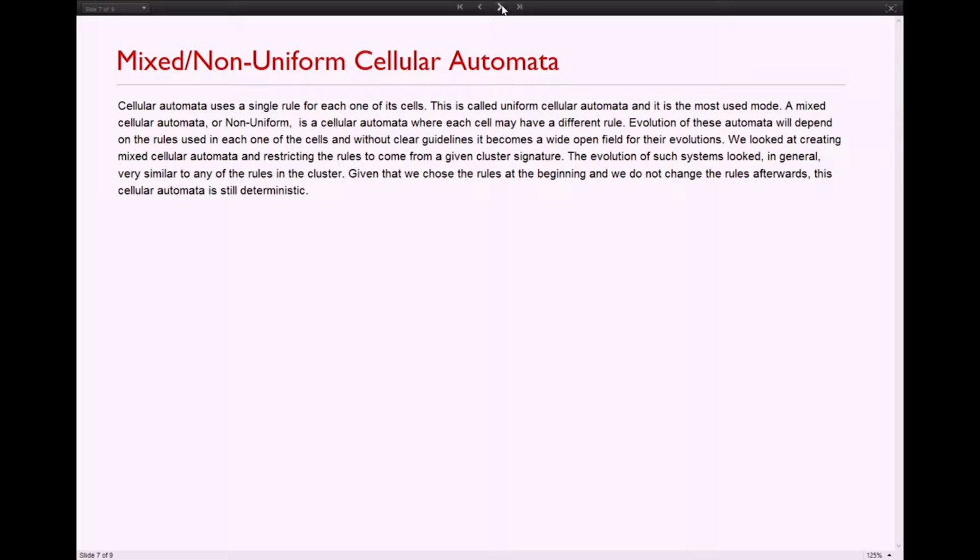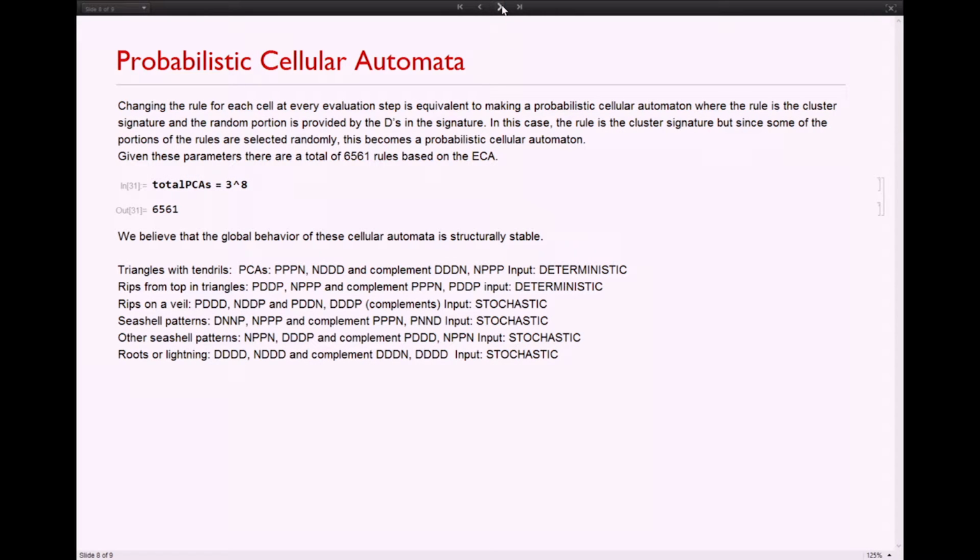And that really didn't serve our purpose as well, so we created a different way, the probabilistic cellular automata, where we use the signature to create the rule. Anytime there is a D, it is dynamically, probabilistically introducing change into the rule. And so we can force a rule to look a certain way, and almost, in a sense, do rule engineering, if you will.